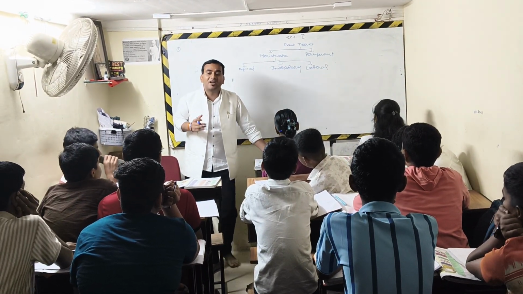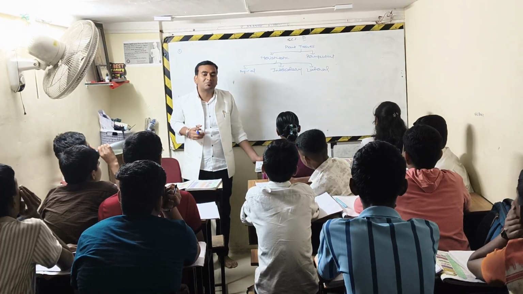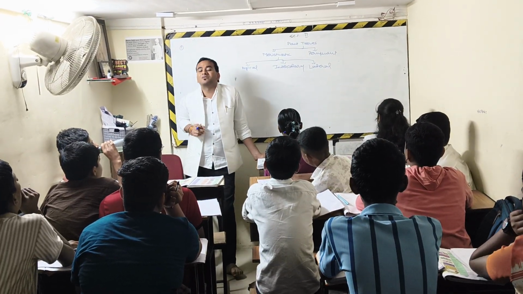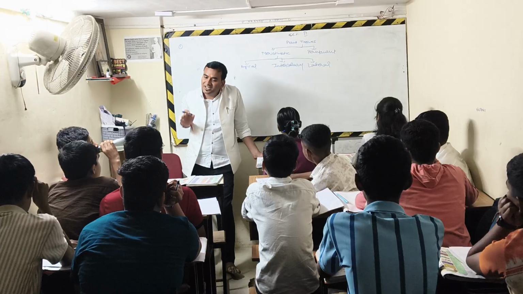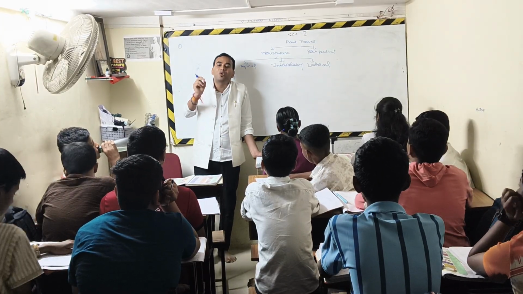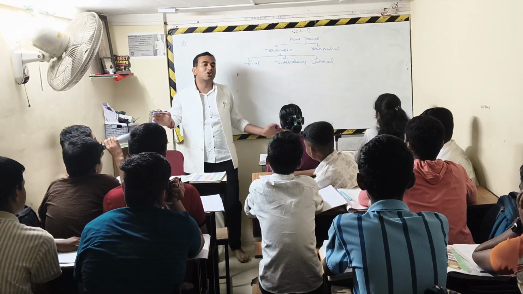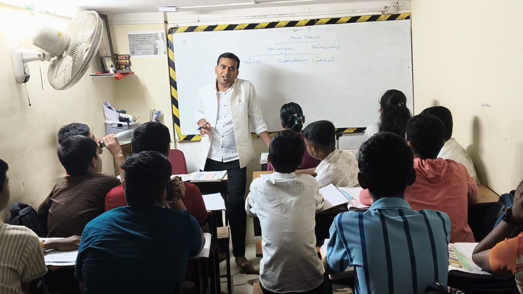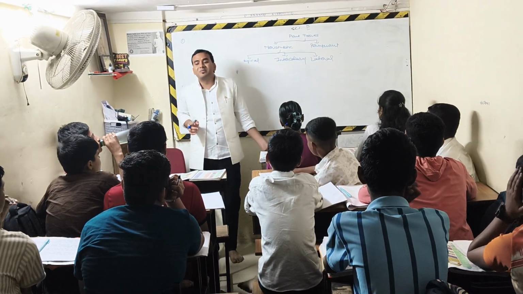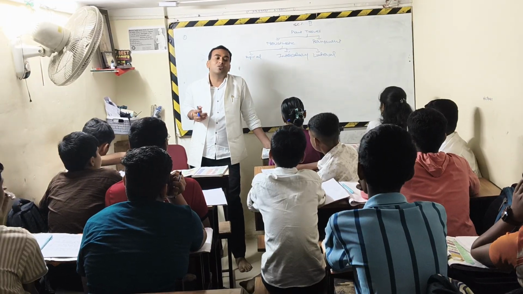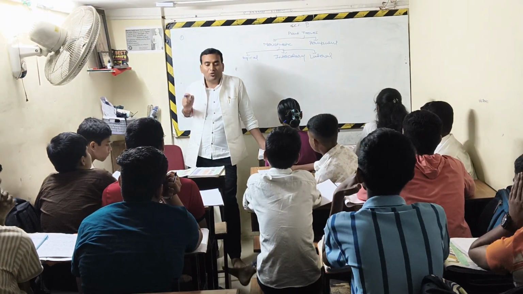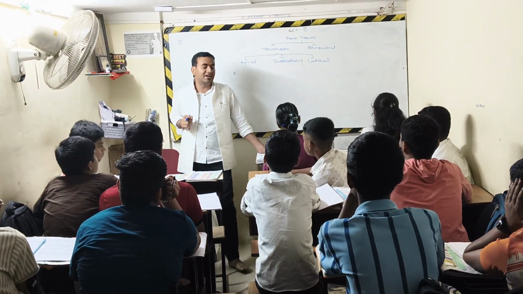growth. Listen, there are two types of growth in plants. Plants have open growth, and the two types of growth are primary growth and secondary growth. Increase in height of a plant is called primary growth, and increase in thickness or diameter of a plant is called secondary growth. So this apical meristematic tissue is responsible for primary growth of the plant, which means it is responsible for increasing the length of the plant, right?